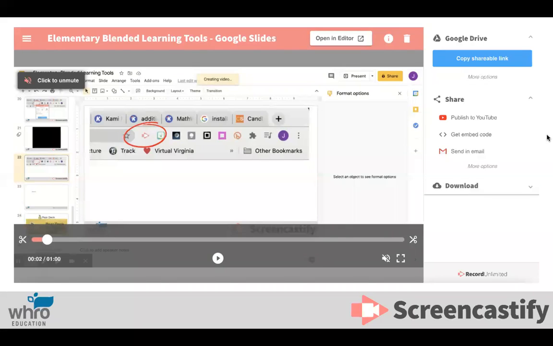Some quicker sharing options, though, are you can publish to YouTube directly from this site. You can get the embed code if you're trying to embed this recording on your website or somewhere else, or maybe your learning management system. You can send this video in an email. You can download it, or you can just copy the link right here and go ahead and paste it wherever you need to. How I got these into my Google Slides for tonight is,